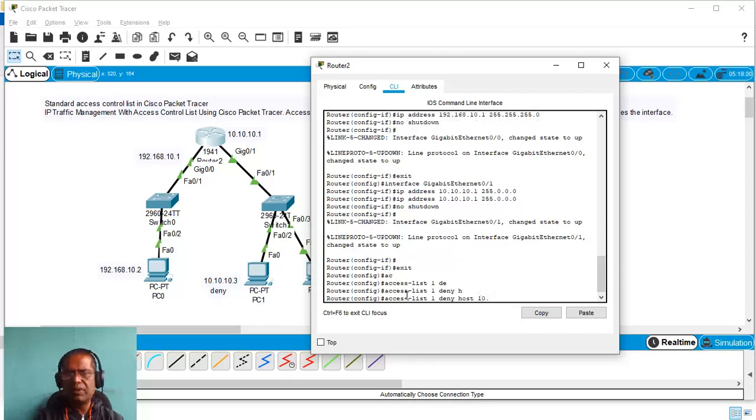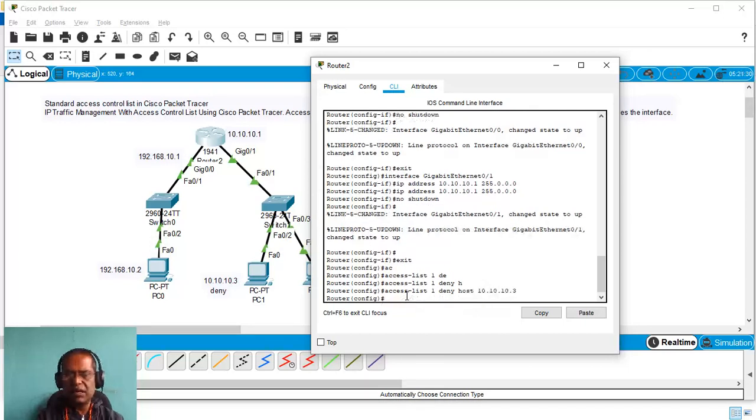The host we are planning to deny is 10.10.10.3, and then I also have to permit host 10.10.10.2. Actually, users, you can allow the hosts one by one, deny the hosts one by one, or there is also an option which I am going to show you in another tutorial, how to block the whole network itself. That means there will not be any communication from a particular network itself.